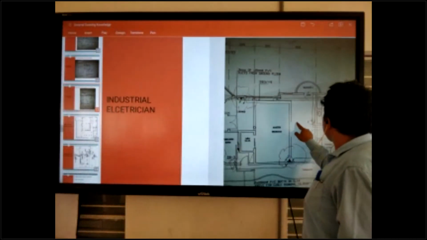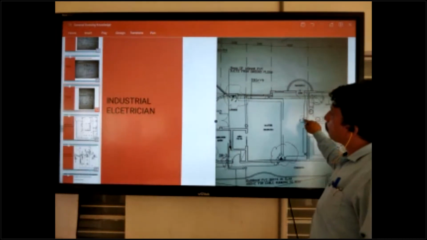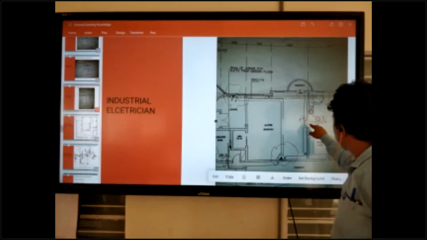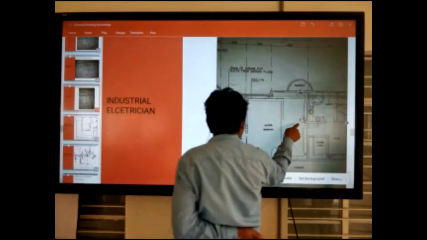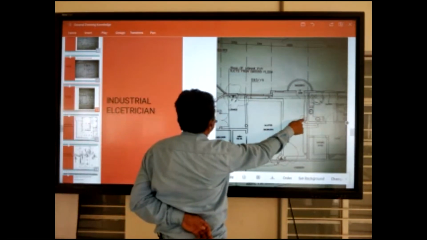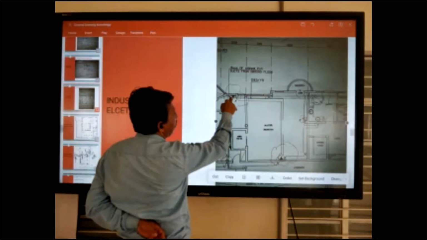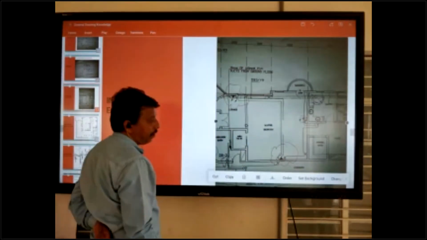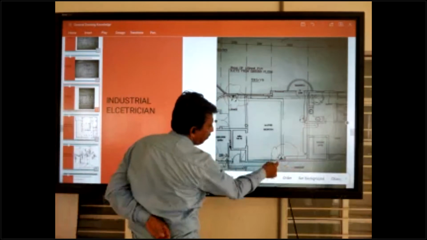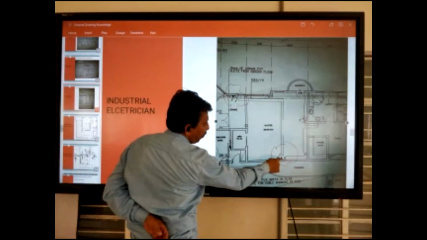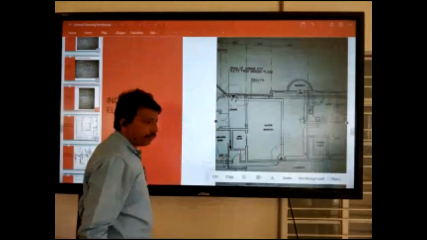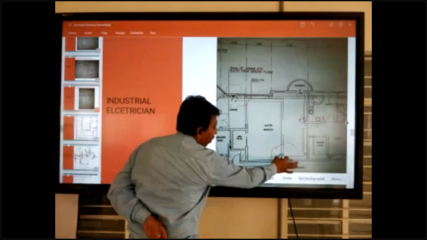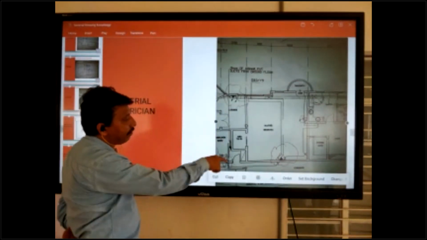Here it is written TV. TV means television. You can check here, an arrow is written TV. And this is telephone, this is computer, and this is TV. All are mentioned like that. Here it is only for computer, telephone, and power socket. So this is the symbol in the drawing. You can check and do.